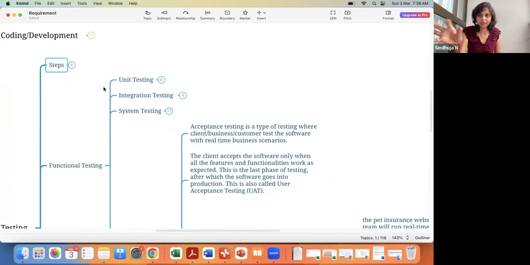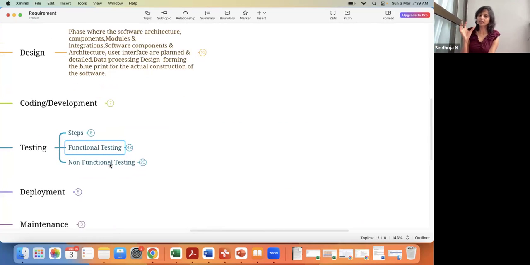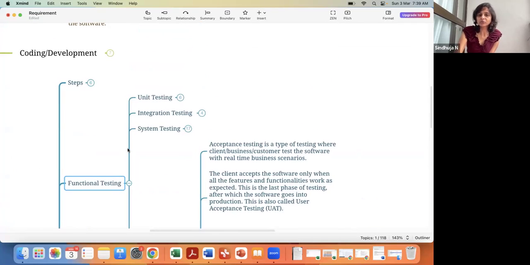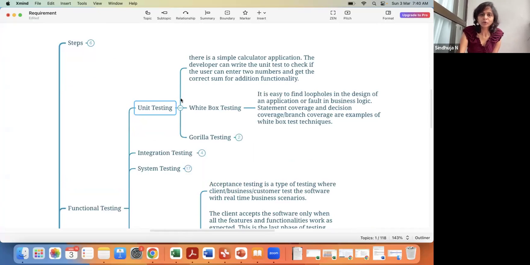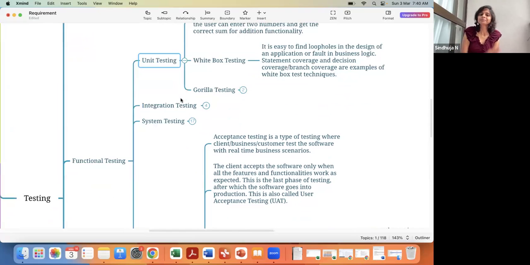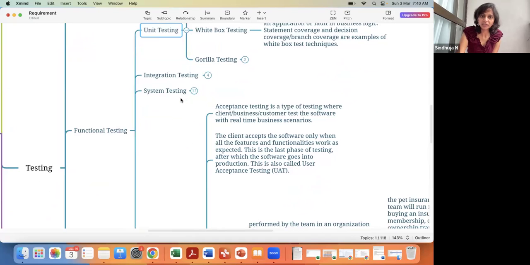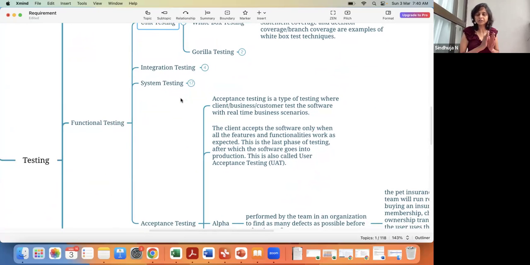I'm not going to get into each and every piece of functional testing, but I will let you know what functional testing is. There are two different ways you can categorize testing: functional testing and non-functional testing. Okay. So functional testing covers unit testing, which is done by developers. In unit testing itself, many things are there, white box testing, gorilla testing, so many things, but I'm not going deep. Integration testing. Integration testing is nothing but